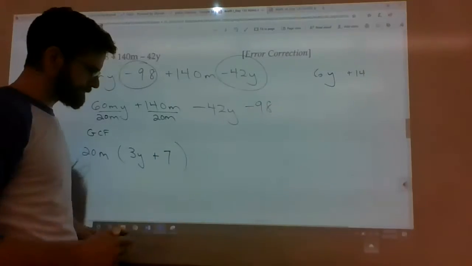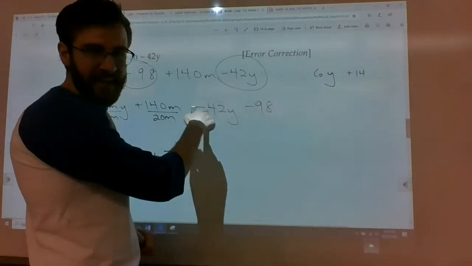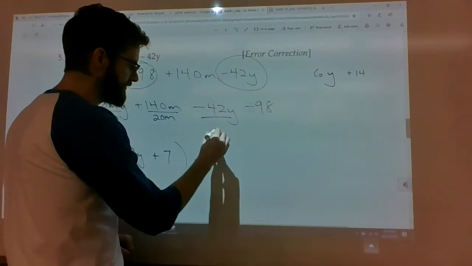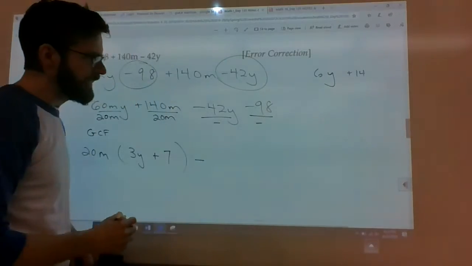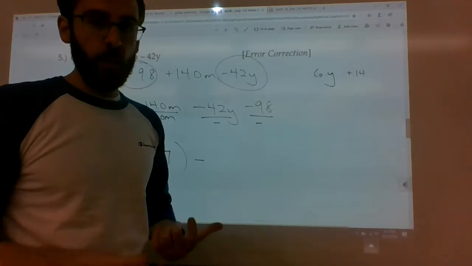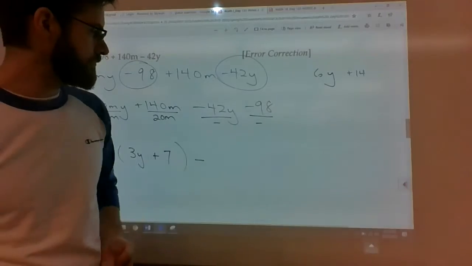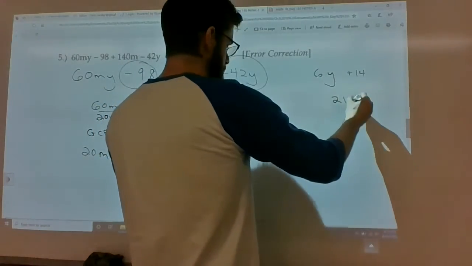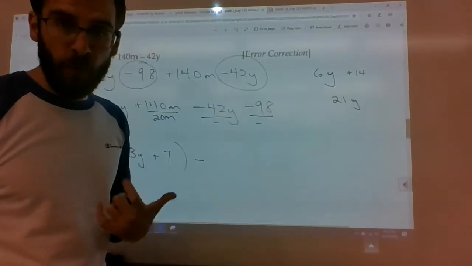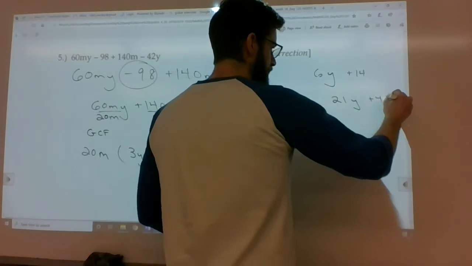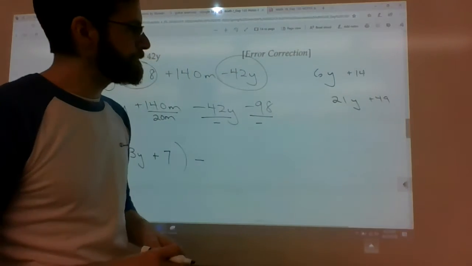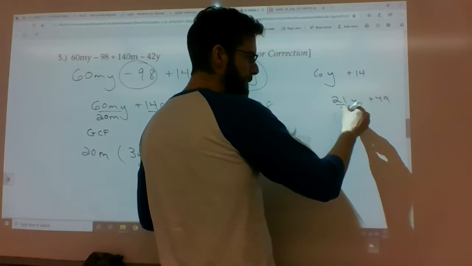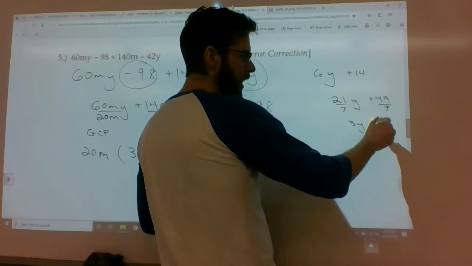All right, second group. Again, this negative has to be taken out in order to create 2 positive leftovers. So we're dividing this by a negative, dividing this by a negative. The question is, how much do they share? We know they share at least a 2 because they're both even. So if we took a 2 out of this, half of 42 is 21. And half of 98 is 49. Can we take anything else out? We sure can. Take out a 7. If you divide that by 7 and that by 7, you get 3y plus